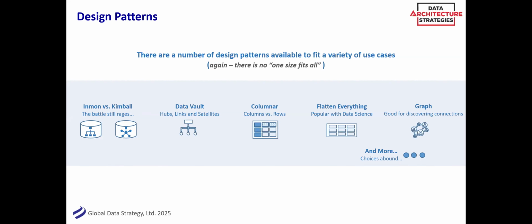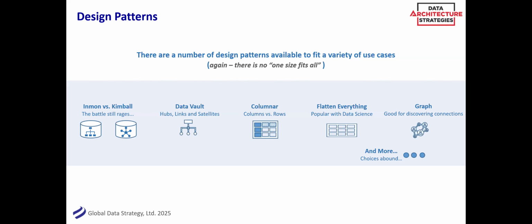So I like to think of it in patterns. Do I have clean data? Once I have the clean data, how do I store it, report on it, and things like that? Inmon versus Kimball, that battle still rages. I think there's a both hand there, right? I mean, a relational model can be really helpful to get the quality right. A dimensional model is good for your marts or for your reporting, your BI.